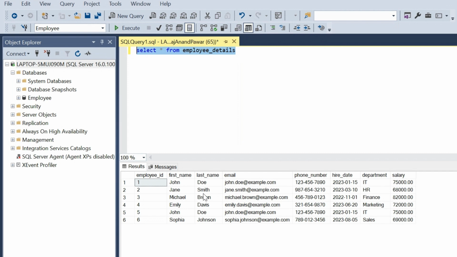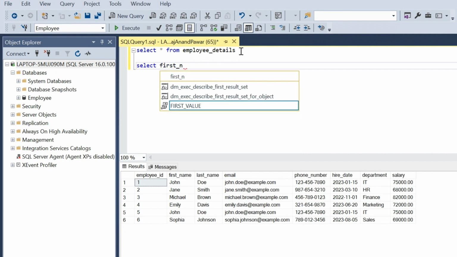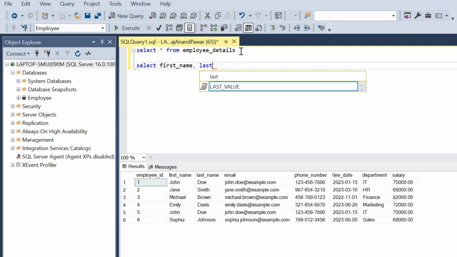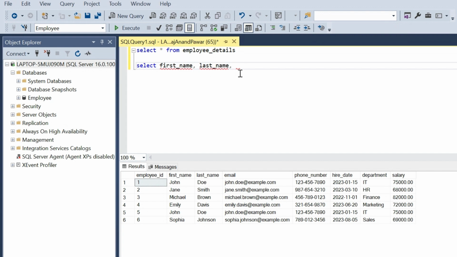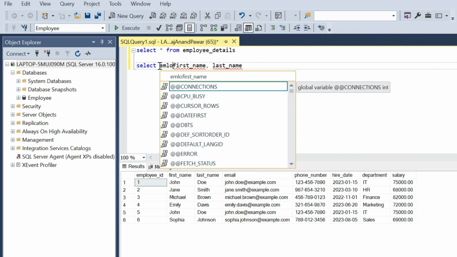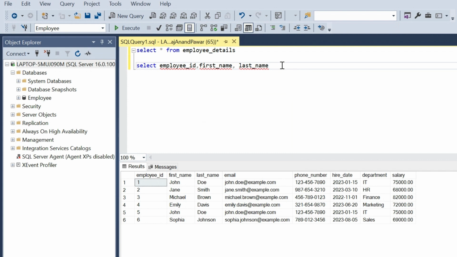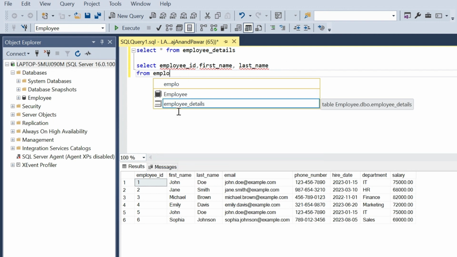So let's try to filter out this data. How to write this condition? First I'm going to write select. I want the first name, then last name, and I will mention the employee ID as well. I will mention that at the starting, so we will understand that these are different records but having the same first name and last name. So these 3 columns I want to display in my record, and this is from the table employee details I'm taking,